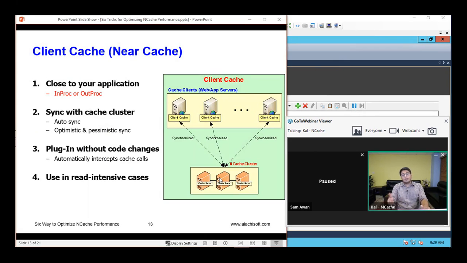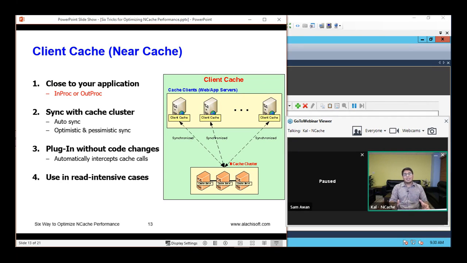So we were already talking about the client cache. As I mentioned earlier, there are 2 options: you can run the client cache as an in-proc or an out-proc. It's something that you configure. In the case of out-proc, a separate process is going to run, which remains in sync with the clustered cache. The out-proc option is generally recommended when you have a web garden scenario, where you have multiple instances of the applications running on the very same box. They would have a common resource to deal with, that is the client cache, a separate process that's running.